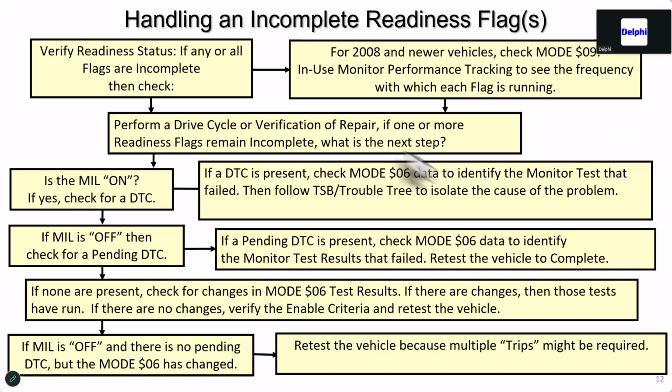Now, one last thing before we move on to the meat of this. This is a little chart I'm going to use for the 3 classes. Not only verifying status, but in the 3rd class, we're going to use this thing called in-use performance tracking. In the past, we've never had a way of checking the vehicles when they come into your shop to know what their history has been for running monitor tests. And so this has been a way, a quality control check that CARB EPA put in to allow people to see what the history has been, when it works correctly. There are times when it doesn't work correctly and it can be misleading. But it was designed for quality control for the companies, but I found a way to use it for you,